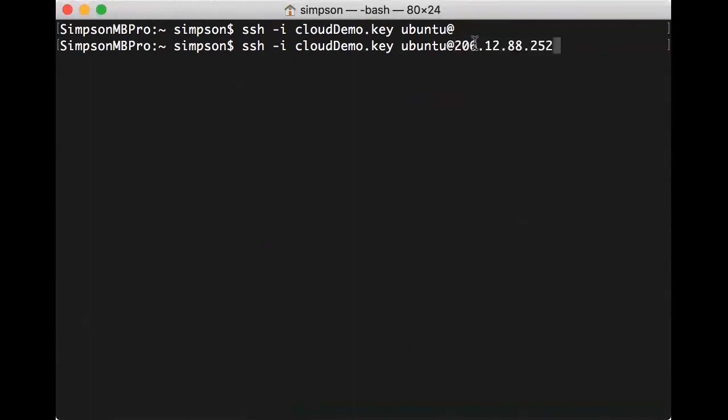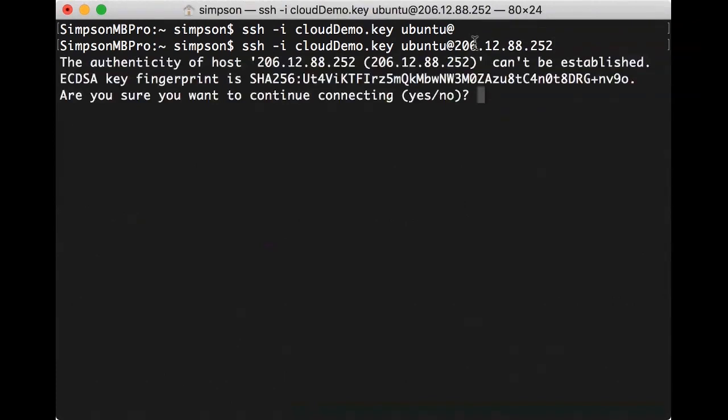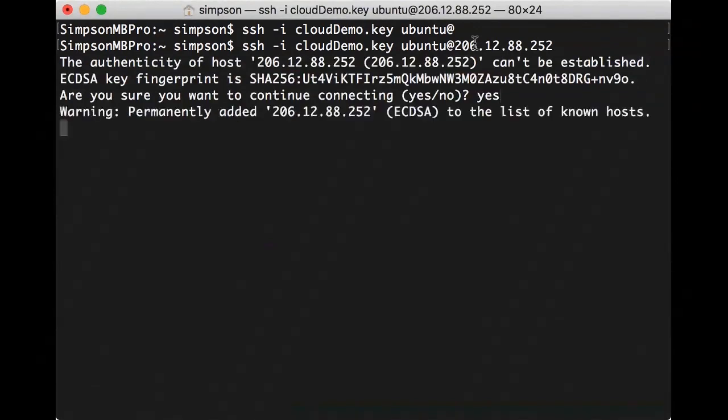And I'm going to press enter, and if all goes well, it's saying it's never seen this host before. Does it trust it? I'm going to say yes and press enter. It's adding that host to the list of known hosts, so it will trust it in the future.